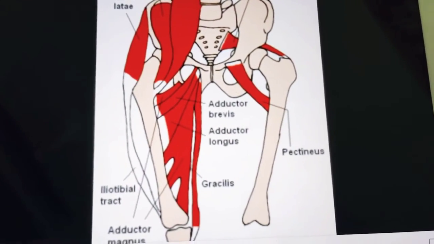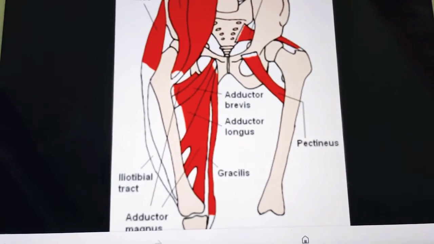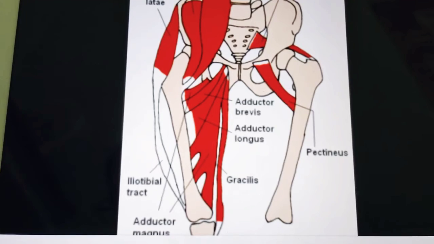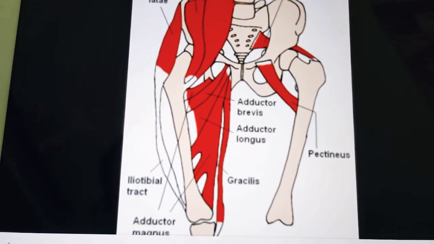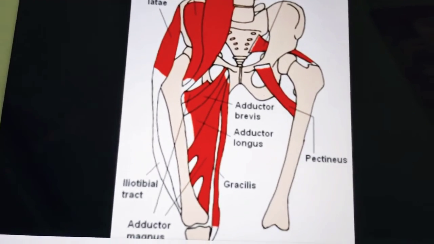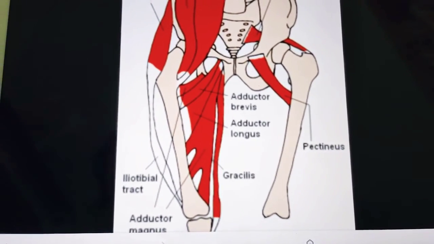So this is just an introduction video. In the next part we'll discuss the muscles of the adductor compartment, everything. So let us have an outline of what we are going to study. Mainly coming to the muscles of the medial compartment, the muscles are divided into intrinsic and extrinsic muscles.